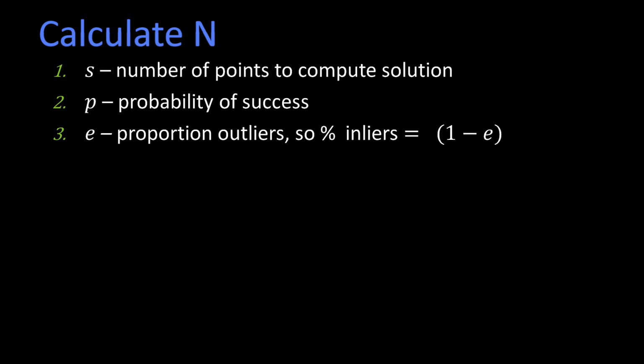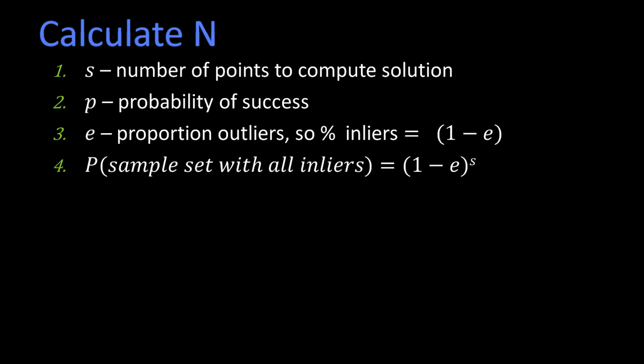Okay? All right, now we start with just a little bit of combinatorics. All right, so let's suppose I pick S of these things. What's the probability that they're all inliers? Well, if the probability of being an inlier is 1 minus E, the probability that all S are inliers is 1 minus E to the S. I'm assuming that there are a lot of points to choose from, so that the fact that I've pulled one out doesn't diminish things. It's a pretty good approximation.